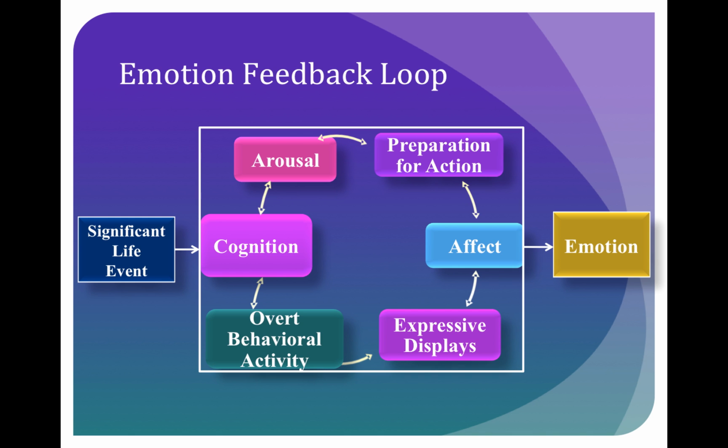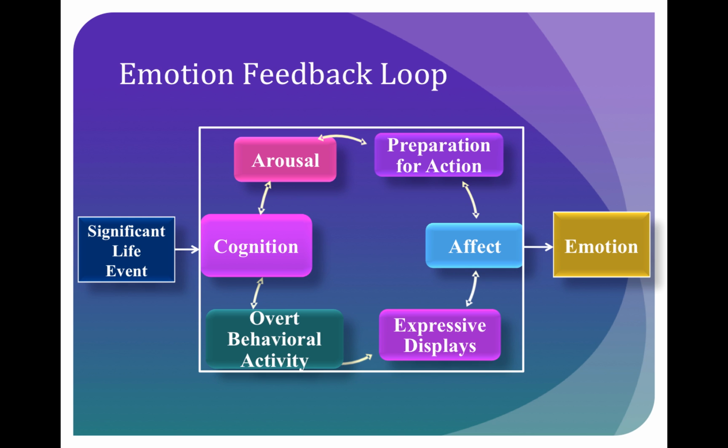I don't know how clear that was, but the first thing that happens is there's a significant life event, and then a whole bunch of stuff happens in the middle, and then out spits an emotion. That isn't to say that the emotion can't change or can't reciprocally influence these things in the middle of the feedback loop, right? But the point here is to get you thinking about how your physiological arousal might influence